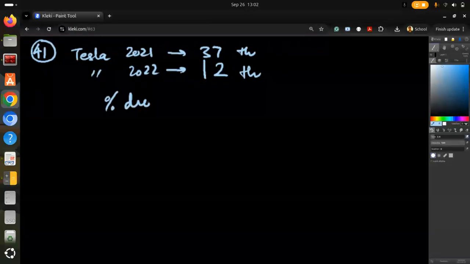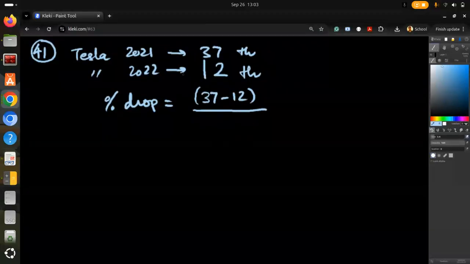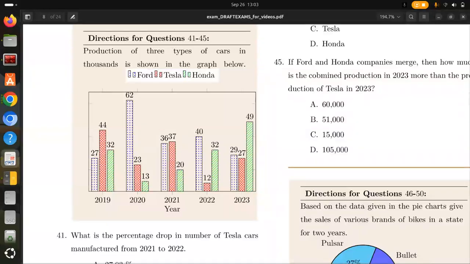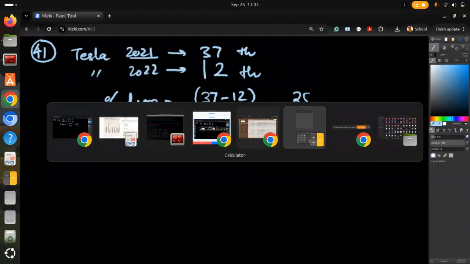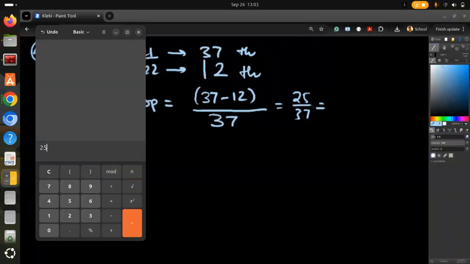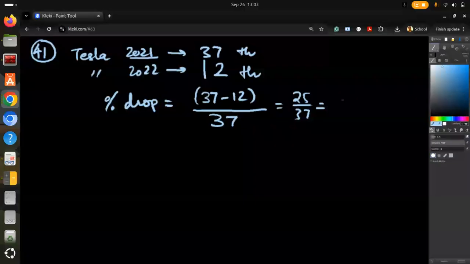Percentage drop is nothing but 37 minus 12 divided by the base quantity, which should be that of 2021, because we are calculating percentage drop with respect to 2021. So the denominator will be 37. This will be 25 by 37, and expressed as a percentage, how much will it be? Let's calculate that. 25 divided by 37. I'm getting 67.567 or 67.57